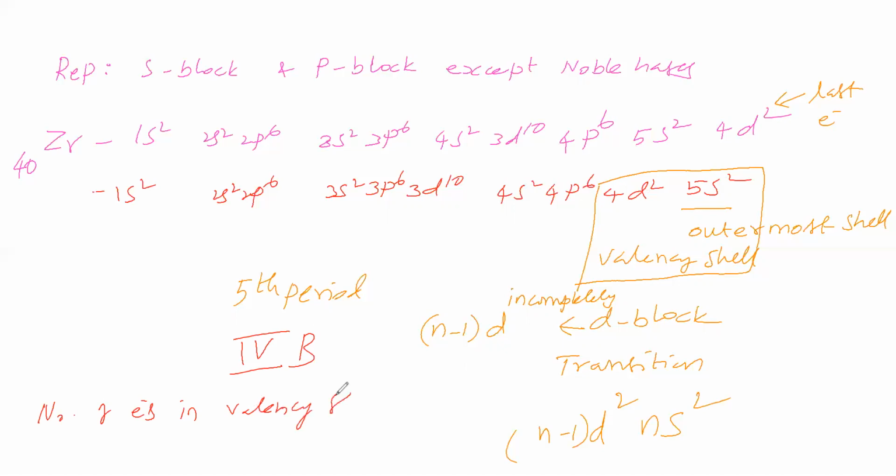Number of electrons in the valence shell is equal to the IUPAC group number. Here the valence shell contains 4 electrons, so the IUPAC group number is 4. The European group number is written in Roman letters, and we have to include b, for a d block element.